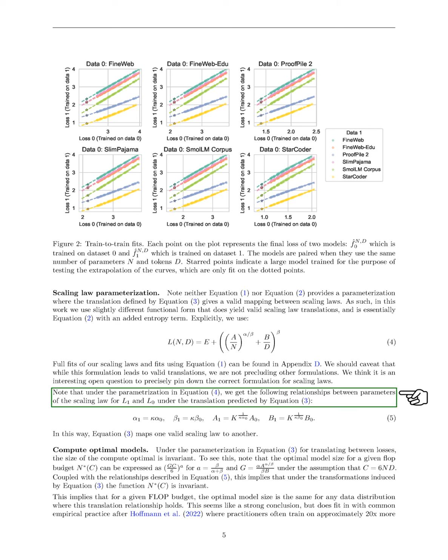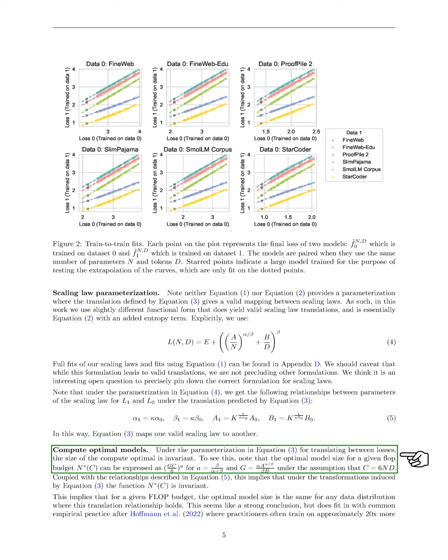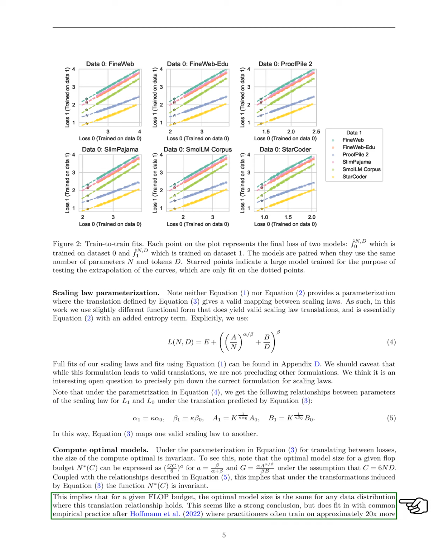Section: Compute optimal models. In this section, we compute optimal models. We find that under the parameterization for translating between losses, the size of the compute optimal model remains unchanged. Specifically, the optimal model size for a given computational budget can be expressed as a fraction of the budget raised to a power, where this power depends on the scaling of the data. This means that for any given computational budget, the optimal model size stays the same across different data distributions where